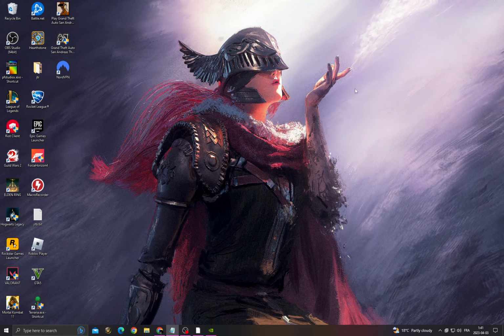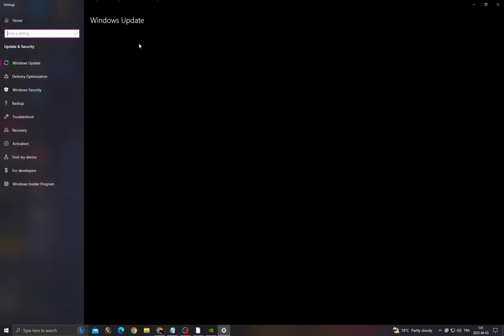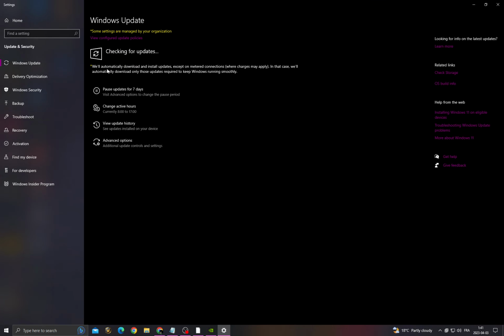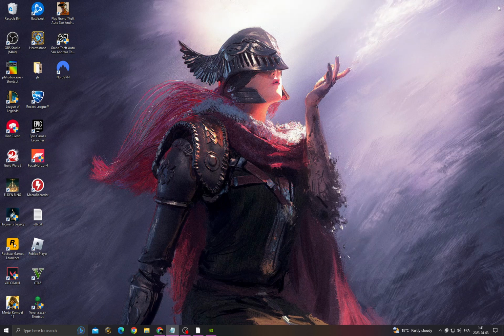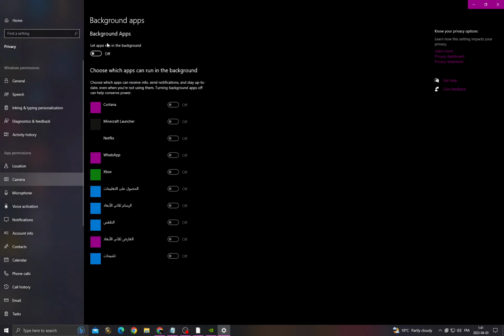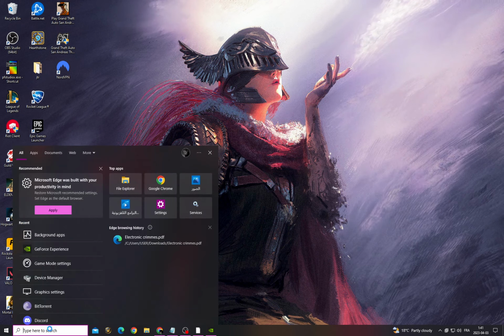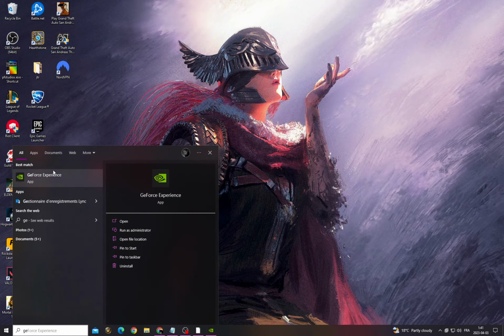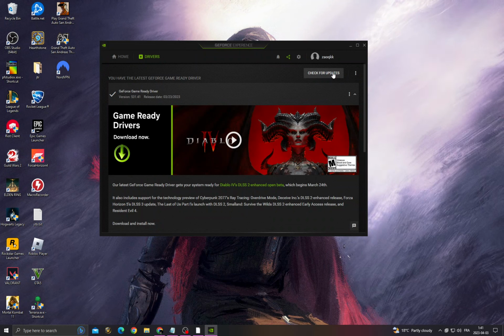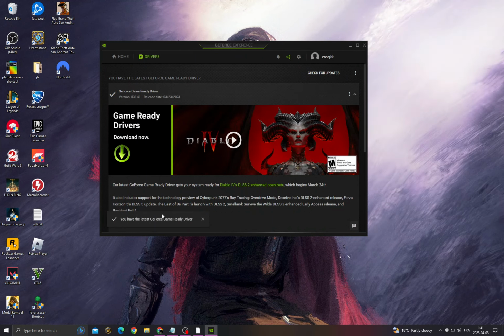If you want to fix it, all you have to do first is click here, Windows Update Settings, check for updates and make sure to install all the updates that you can find. Background apps, turn off this option, and then go to GeForce Experience, check for updates, download and install the latest update for a graphics card, and